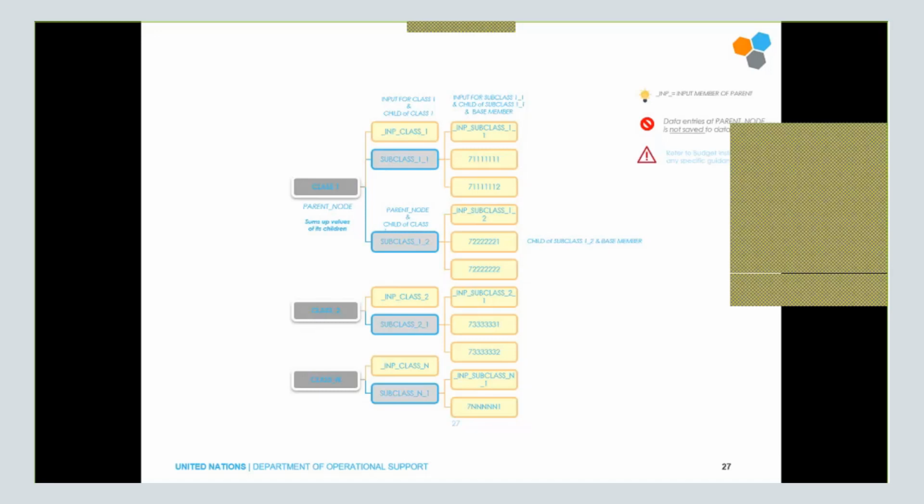But it's important that once you are in the form, before you start entering values, you double check if you are at commitment item level. You have to be careful in the form to see if you are at the commitment item level or if you are at subclass level.